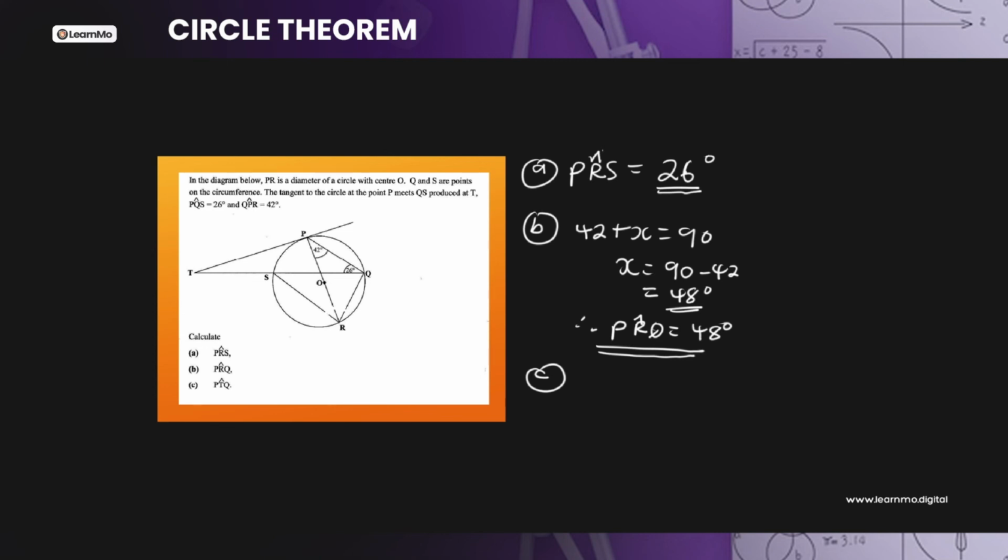So you can say PTQ is equal to 42 plus 90 plus 26 plus x is equal to 180. From there you have x is equal to, when you add these three to give you 158, so you say 180 minus 158, and then you get your 22 degrees. So you can conclude to say your angle PTQ